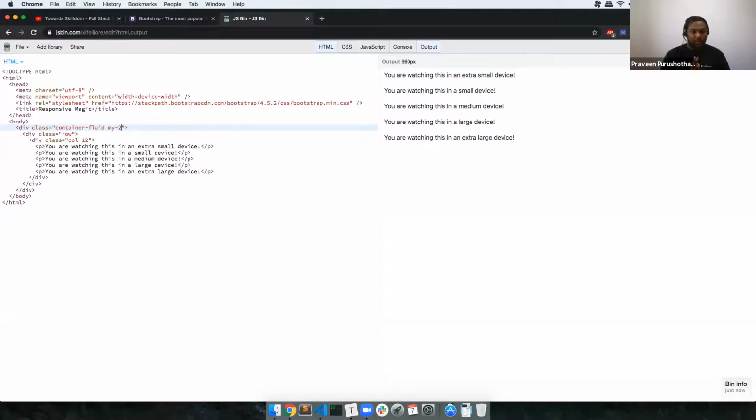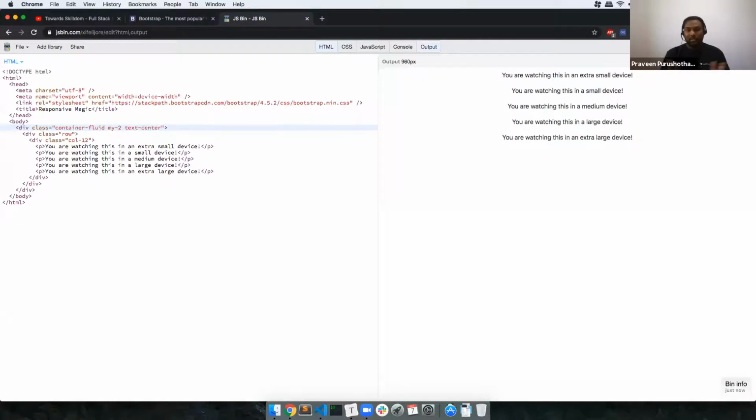And if I want the text aligned center, text-center, good. This is the good thing about Bootstrap. Bootstrap has almost all these classes pre-made for you, so you don't need to remember even the CSS part. You can concentrate on what you want to create, which is an awesome thing, right?